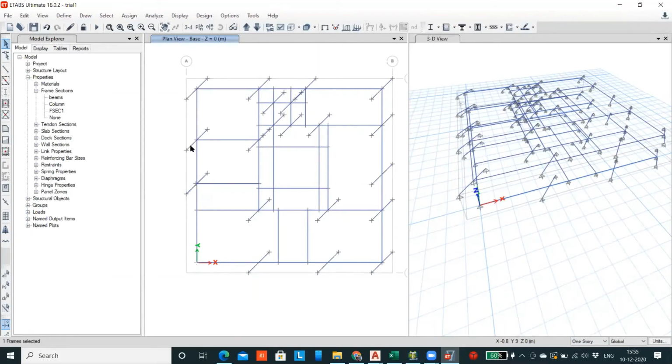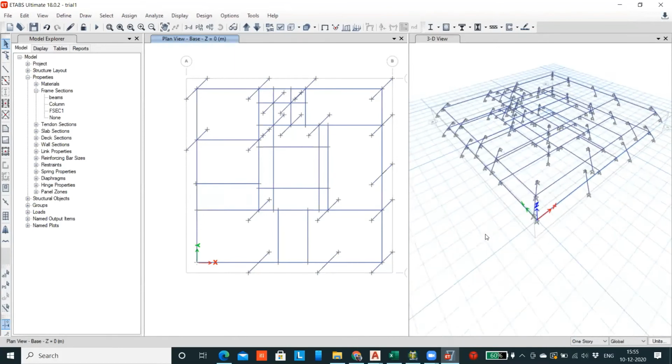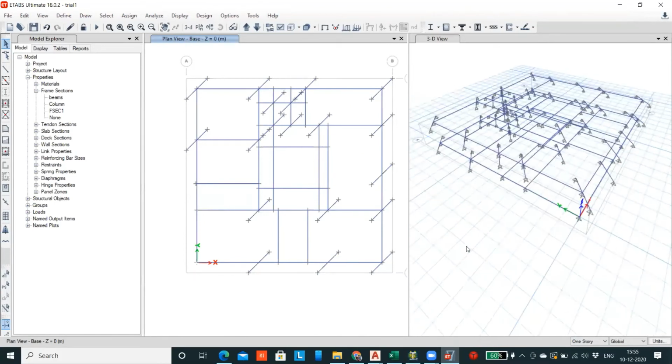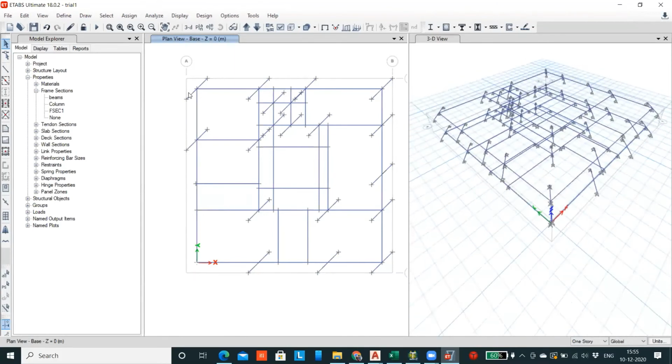So these lines are getting deleted in the bottom story. So there are several ways of doing this procedure.